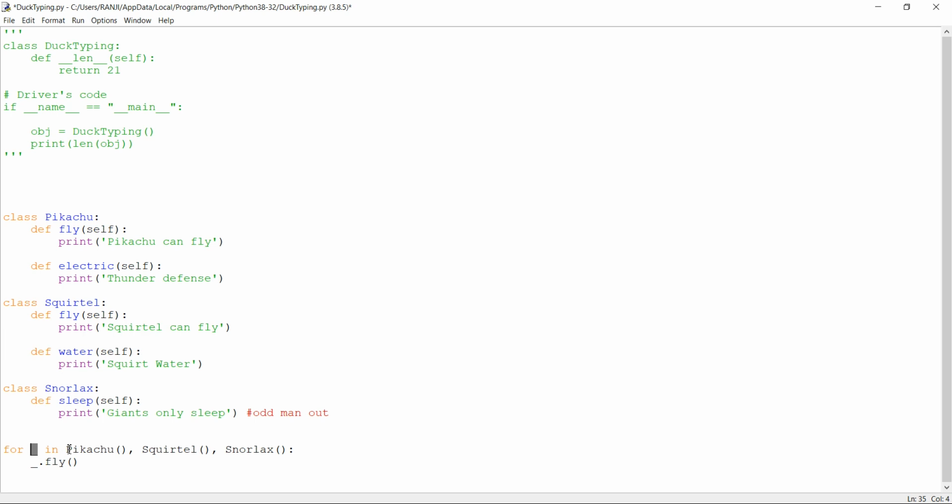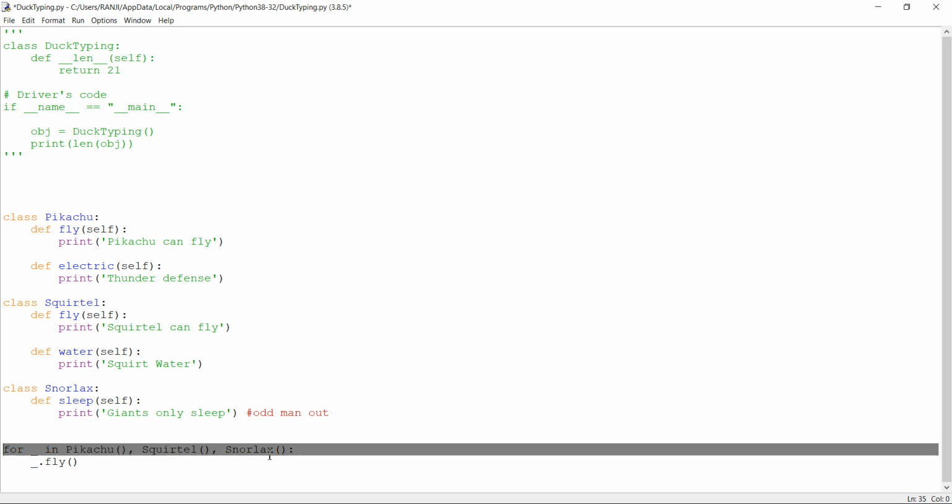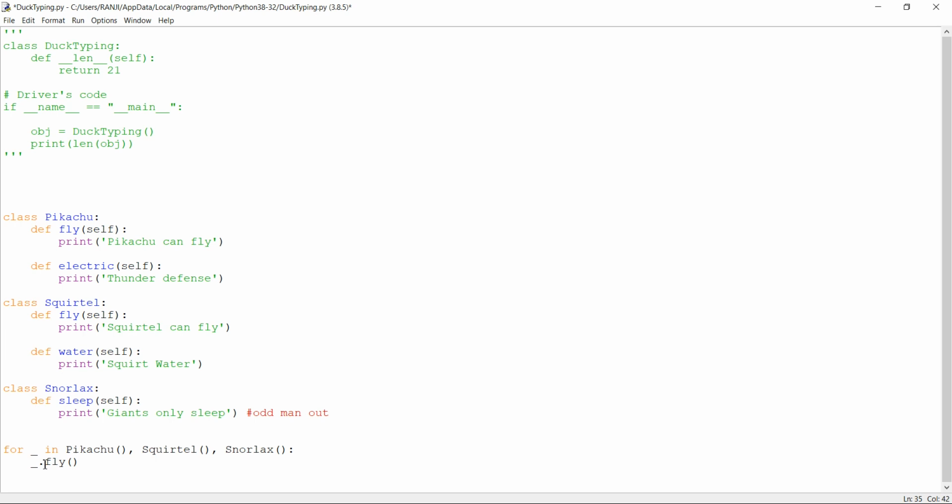And what we are doing is a function call, or call to the class. So this is basically the constructor of the Pikachu class, the constructor of the Squirtle class, and the constructor of the Snorlax class. And from inside this I want to invoke the fly method.